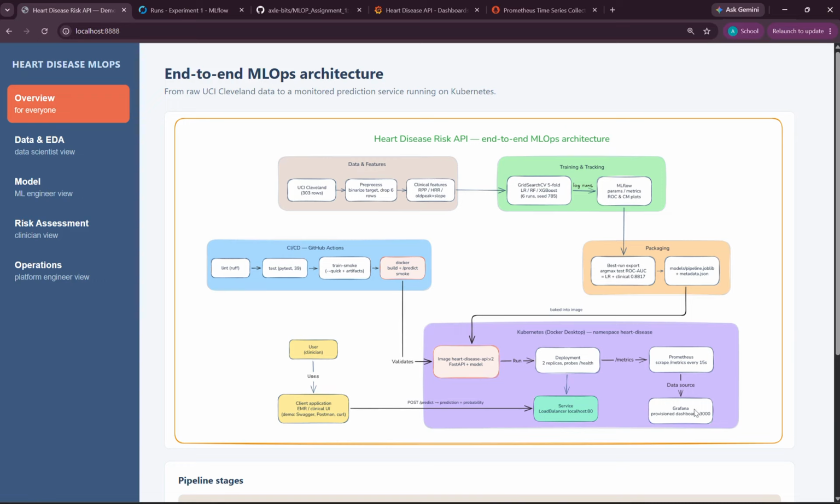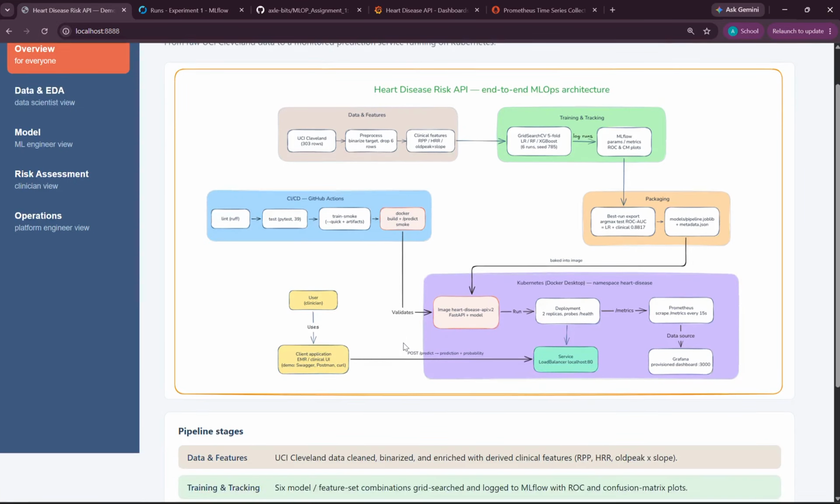The main API application is exposed as a FastAPI, and the user, who would be someone from a clinic, let's say, would have access to a UI application, which is integrated with our Predict API. It can take patient details or patient metrics and predict whether they have a disease or not. So let's move on to the next step, or the beginning, I should say, which is the data